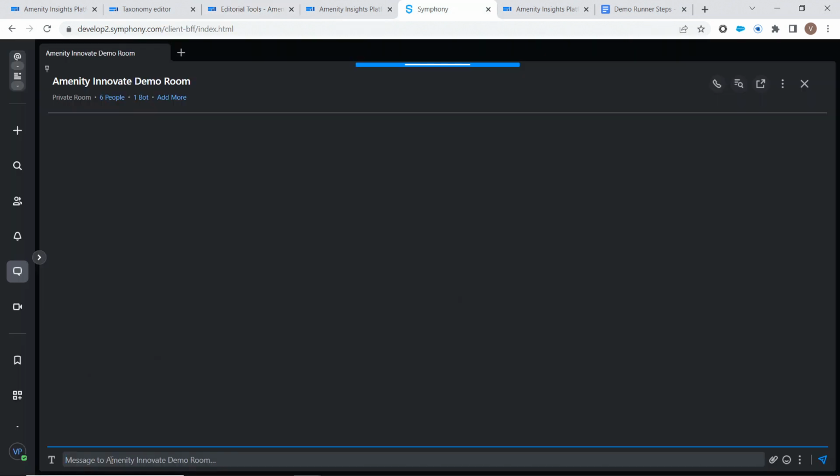What you see here is a Symphony chat room where that ESG bot, the Amenity ESG bot, now lives. And we've trained this bot on Amenity ESG data, so it can serve that role as data analyst. And let's take BMW again. And you're able to enter in a question. What's happened most recently on BMW? And you're able to enter that question into your bot,